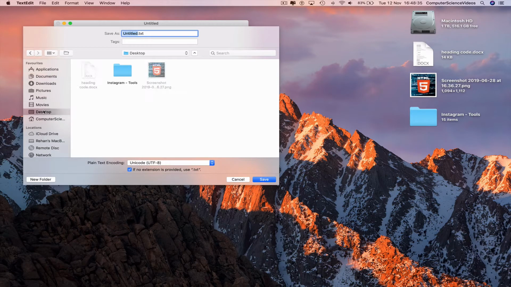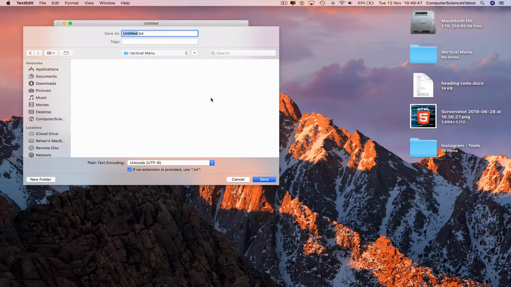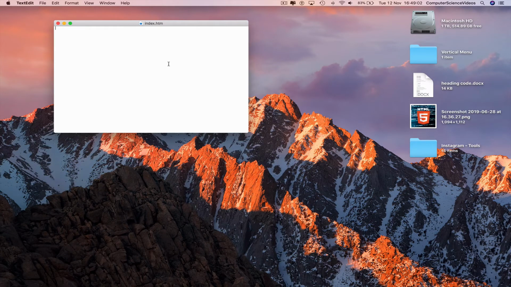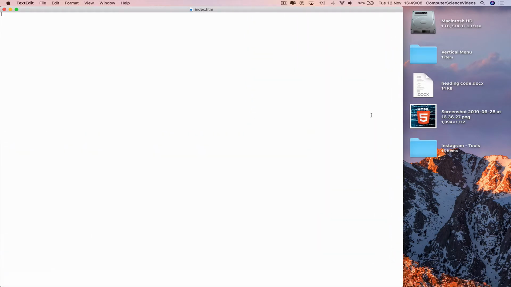Navigate to the desktop, start a new folder called Vertical Menu. Create and then save the text file name to index.htm. Save, use .htm, and then increase the size of the TextEdit file. Increase the font size